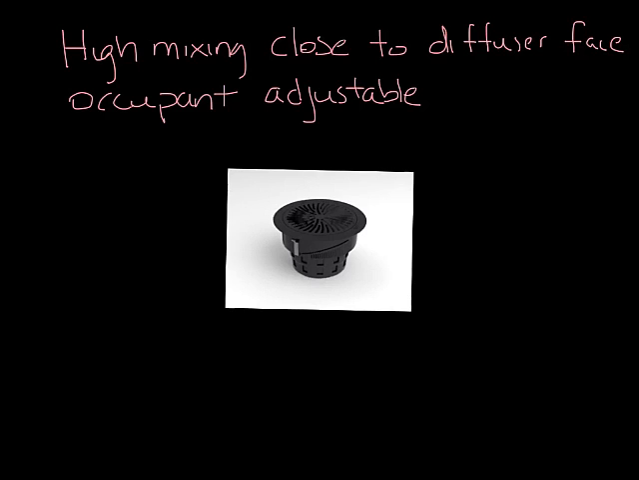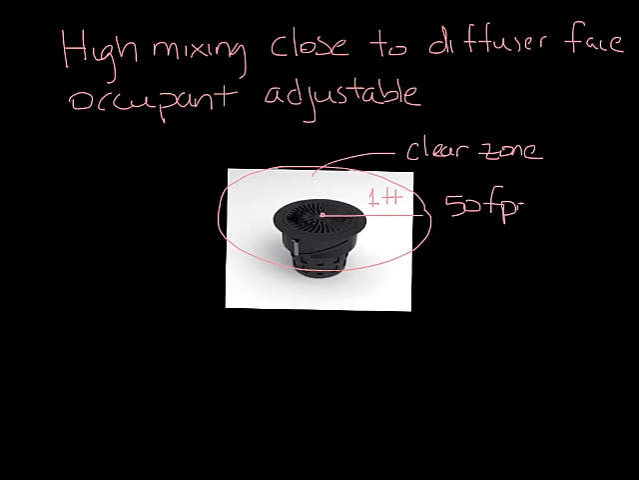The area around the diffuser that should not be occupied is called the clear zone. For ours, it's 1 foot off center line, forming a circle of 2 feet. Outside the circle should be pretty close to the comfortable range of 75 degrees and 50 feet per minute. You also want the diffuser to have a throw of about 4 to 5 feet so that you don't mix